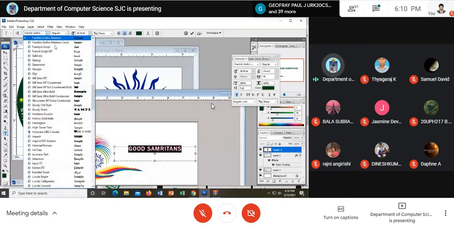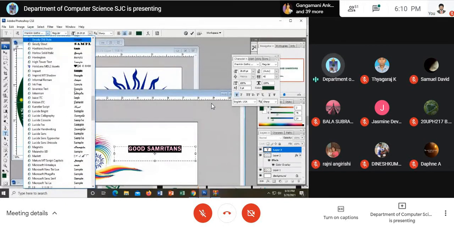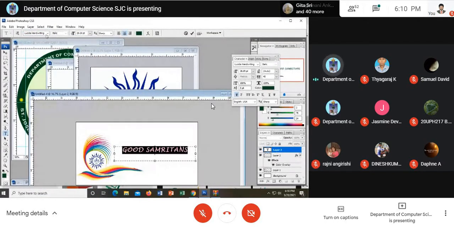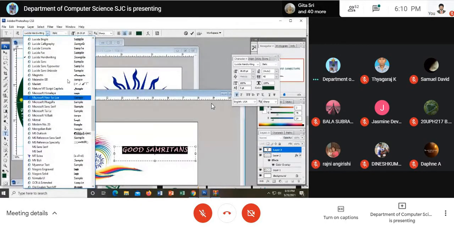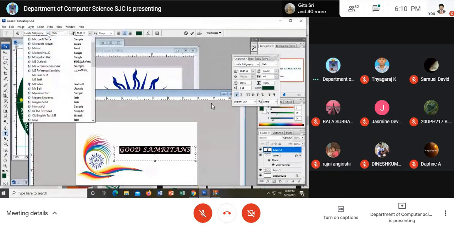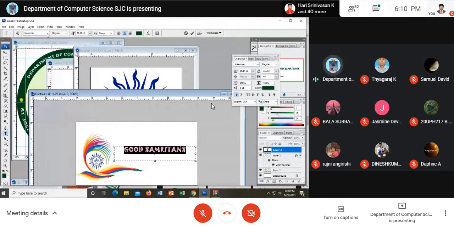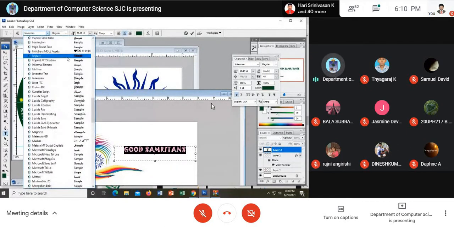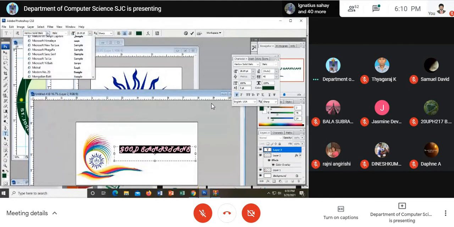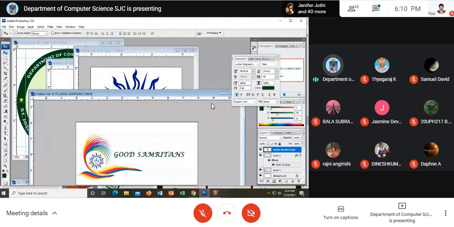Now I want to go for some stylish fonts. Instead of a formal font, I would like to go for some stylish fonts. You can choose whichever fonts you like very much. So I would like to go for this, and look here.